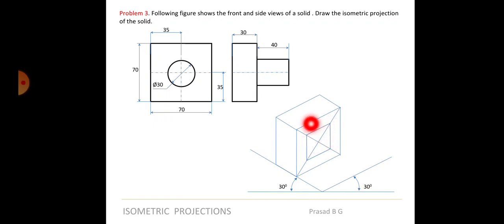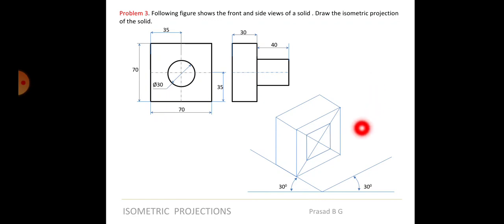So what you can do is, if this line is already drawn, you can take distance ISO 20 and draw one line. From here ISO 20, draw another line. From here ISO 20, draw another line. From here ISO 20, draw another line. Wherever those four lines intersect, that will be the box. That's another way of doing it. Okay, I hope you understood what I said.